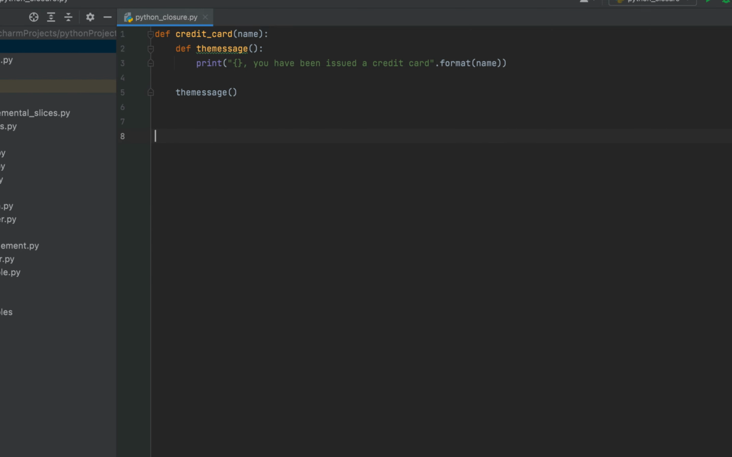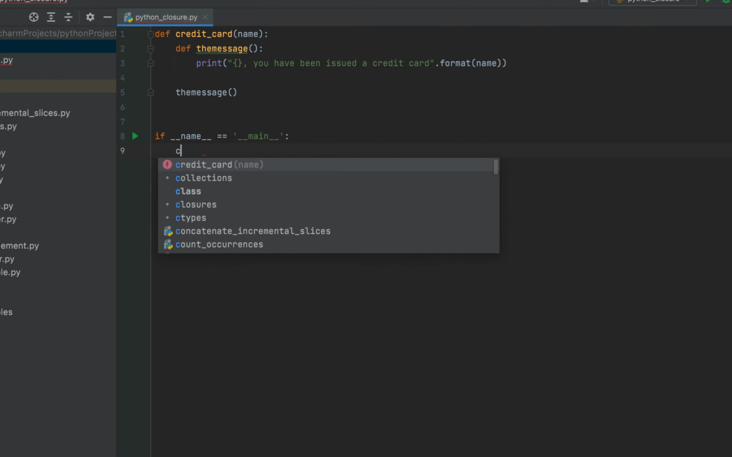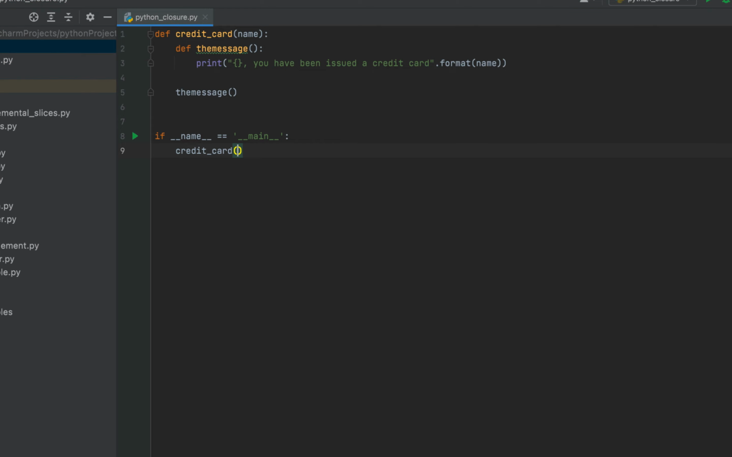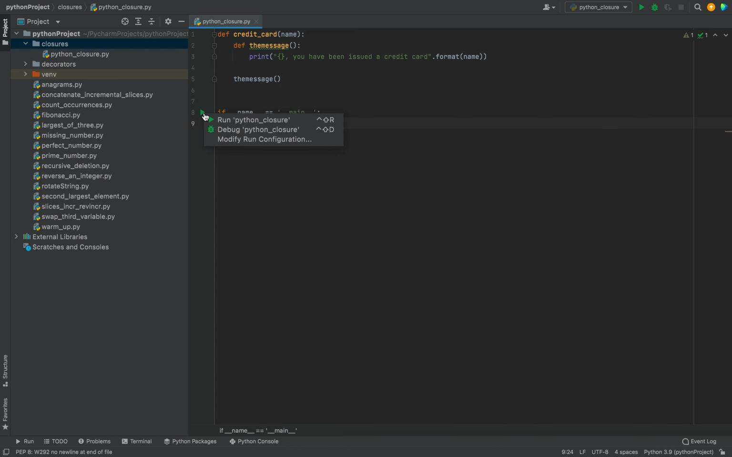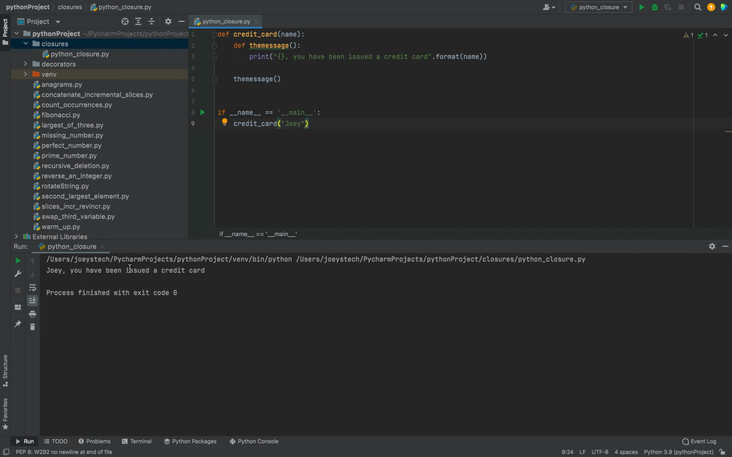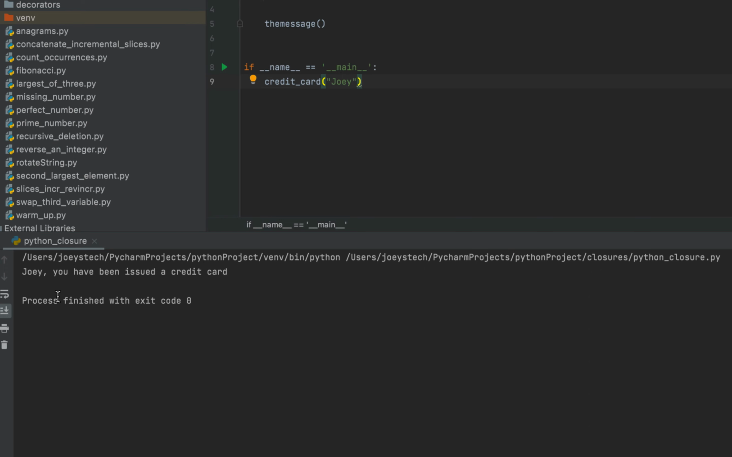Then we are going to write our main function. PyCharm does it for us by simply typing the keyword main, and then we are going to call this credit_card function, and as the value of the parameter name, I will pass the string Joey. Now let's run this program and check the output. So you can see that the output "Joey, you have been issued a credit card" is getting printed on the